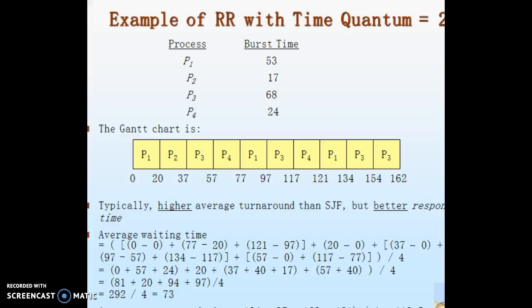Consider this example for RR, that is round robin scheduling, with the time quantum equal to 20. Consider the processes P1, P2, P3, P4 with burst times 53, 17, 68, 24. The quantum size is equal to 20. Let us see the Gantt chart. Typically higher average turnaround than SJF, but better response time. Average waiting time of RR is equal to 73 milliseconds and average turnaround time is